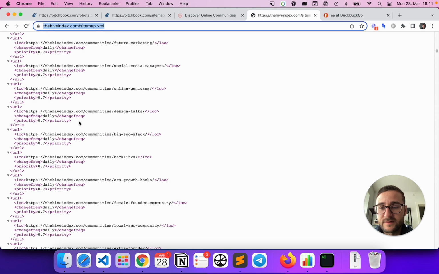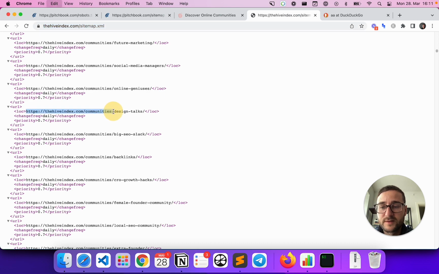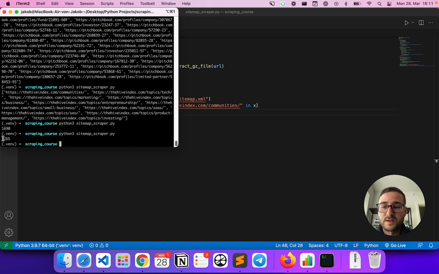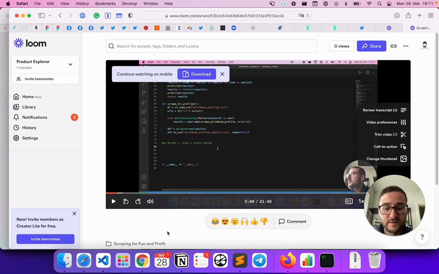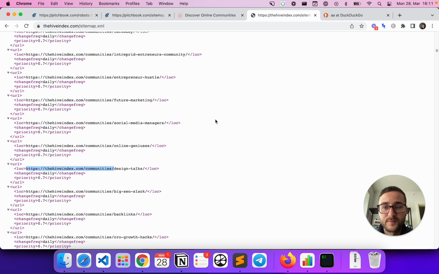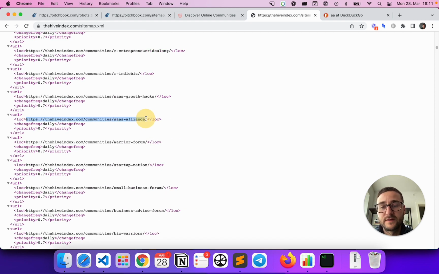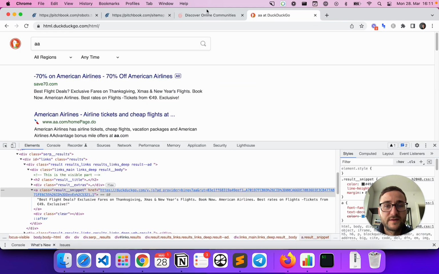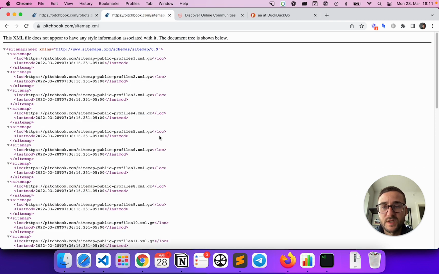If we want to get, for example, all the communities, we could do the same trick we've already used a few times: x for x in res if in x, right? And then, okay, it's actually 1,200 communities, because there are also other pages, and this is important. Sorry, I misclicked. This is obviously important if we just want to scrape, for example, these profiles and not topic pages or something else. All right, but this was just an easy example, and now let's go back to PitchBook,